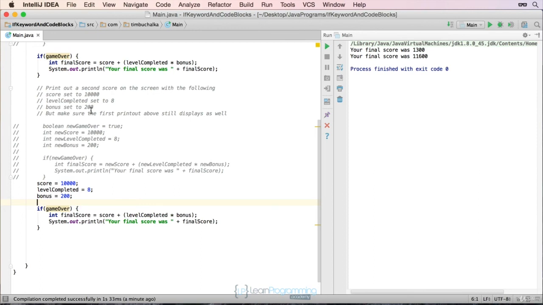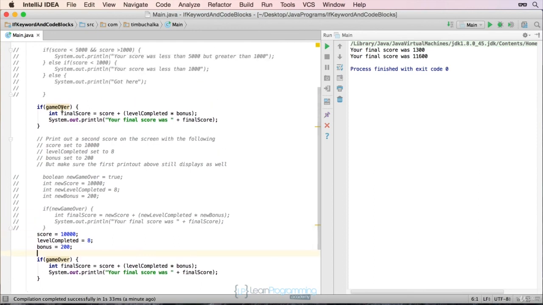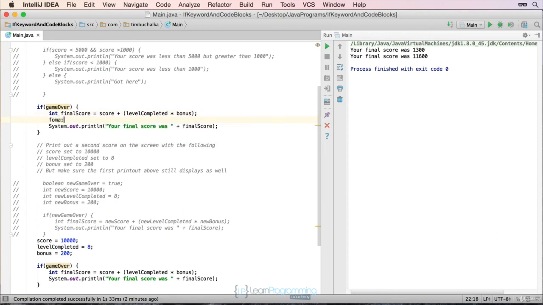For example, let's just say we've decided to change the formula for defining our final score, and we're going to add a bonus of 1,000 to the final score that was calculated. So we come along here and we put plus. So just on the next line, we could put final score plus equals 1,000. So that was an overall final bonus. So if we run this,